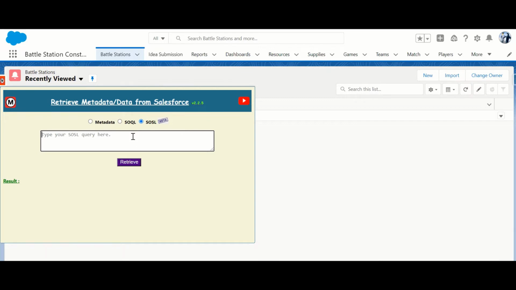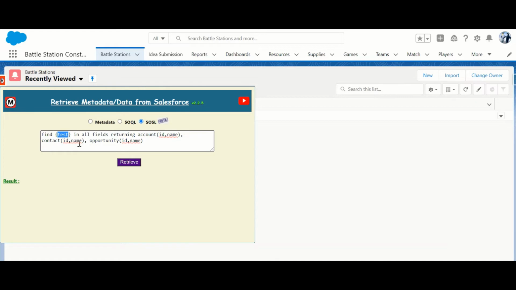So let's write the query first. Okay, so this is my query where I'll be searching for this test text